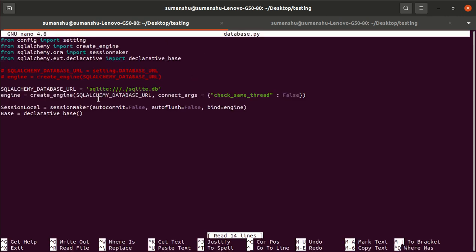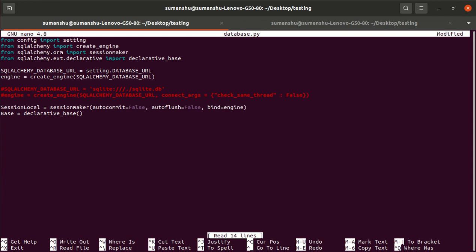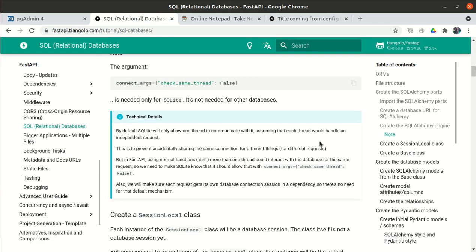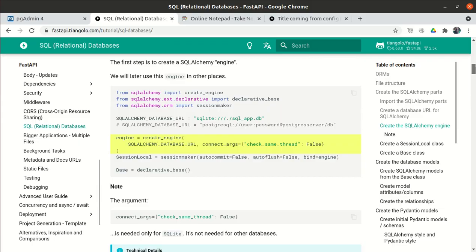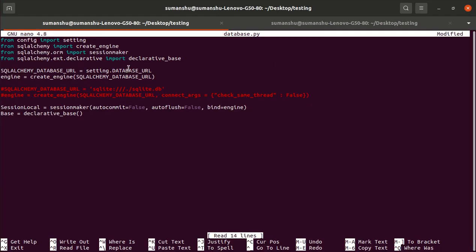Okay, so this is a very small video on how to connect with the SQLite database, just in case we want to connect with it. We have to connect in this way. Let me comment this and leave it in the code itself, and I will provide the code in the description. So this is a very small video which I wanted to cover for the SQLite database, because for other databases everything will remain the same, just the URL will be changed in the configuration file. We just have to pass the URL, no other arguments are required.